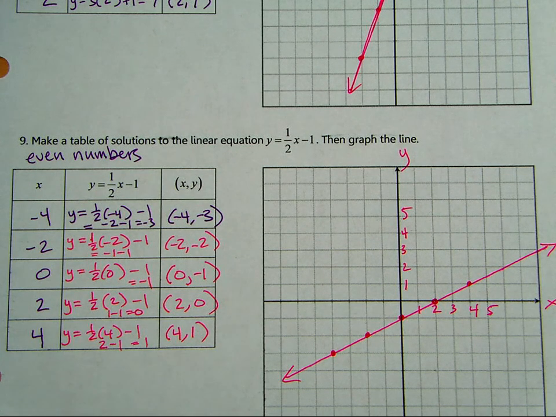Okay. Questions or comments on this one? Now we could have just gone 1, 2, 3, 4, 5, right? And then we would get this point, this point, this point, this point, this point. See how we get some halves? Like that'd be 0.5, and that would be 1.5. That's totally fine. But if it's fractions and you want to make it a little bit easier and not use fractions so much, you can use even numbers, or if it was 1/3, you could go by 3s. 1/5, go by 5s.